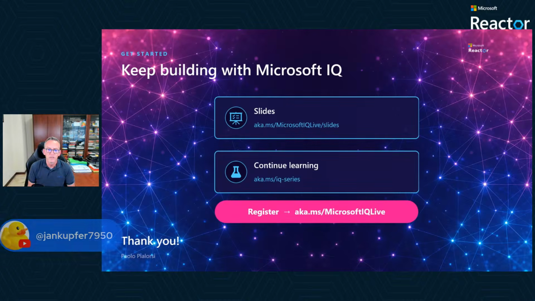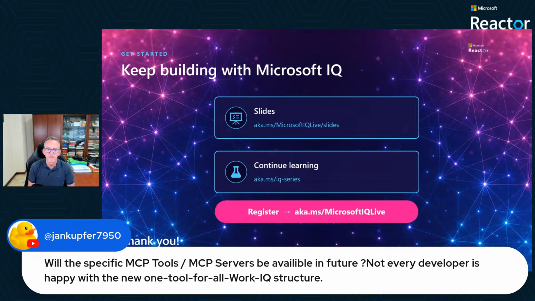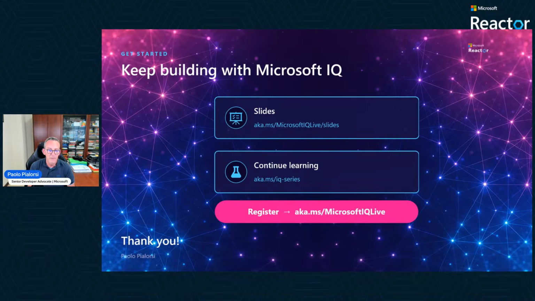Then, will specific MCP tools or an MCP server be available in the future? Not every developer is happy with the new one-tool-for-all WorkIQ structure. Well, as far as I know, the idea of the unified MCP server is what we want to focus on right now. I cannot speculate about the future, but my understanding is that right now that's the offering we have, and the reason why we have it is because it simplifies the way agents can interact with WorkIQ. Rather than having to register and manage tons of tools, you can just focus on the specific needs you have,